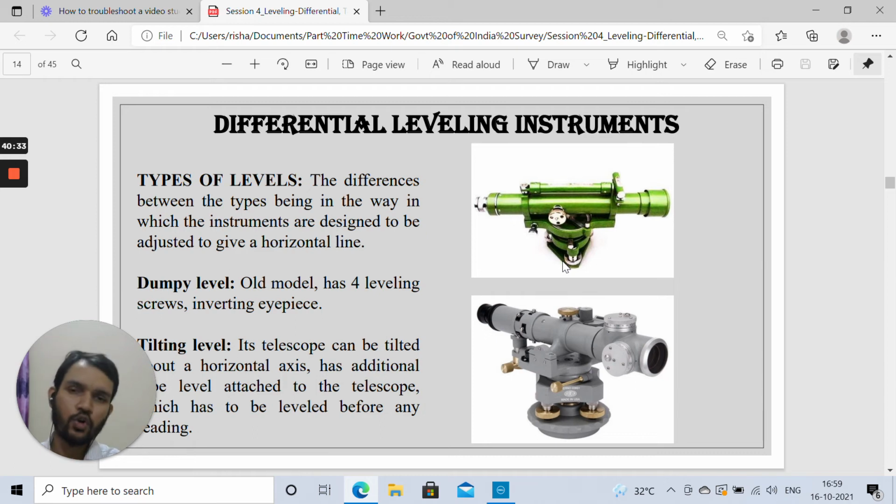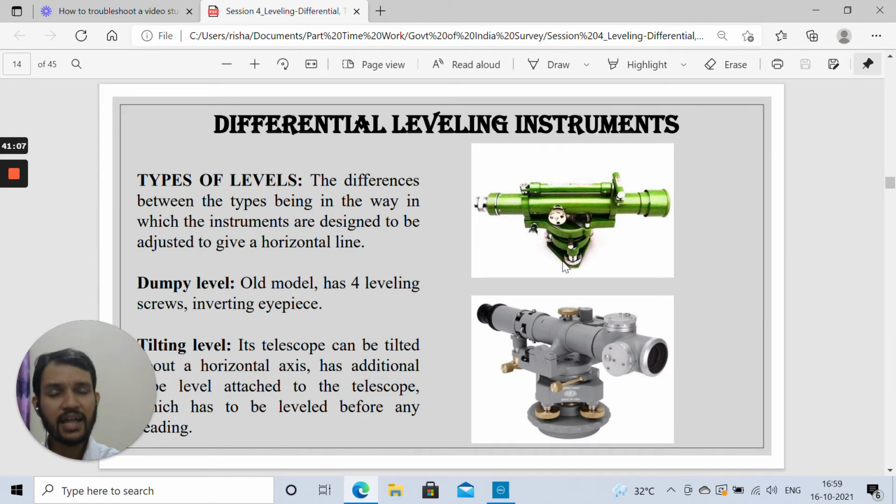In the automatic level that I will tell you afterwards, the third one, it has got a compensating mechanism also. What is its purpose, I will tell you. It is a bit more important as compared to these dumpy level and tilting level. In dumpy level also, same telescope, same eyepiece, you can focus, you can level the instrument with the help of leveling screws. Through the sight you can look at it, and you can establish the point and take the readings. Okay, everything is the same. With the help of the leveling staff, you will get to see the reading and you can write it down.